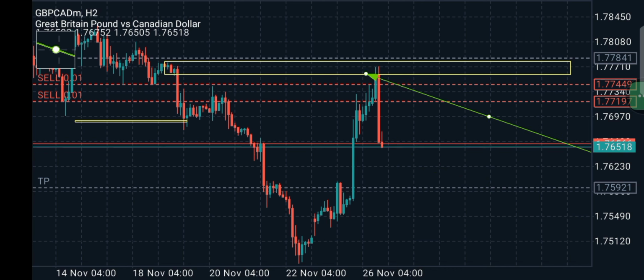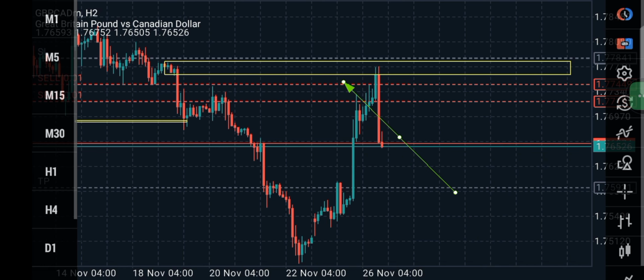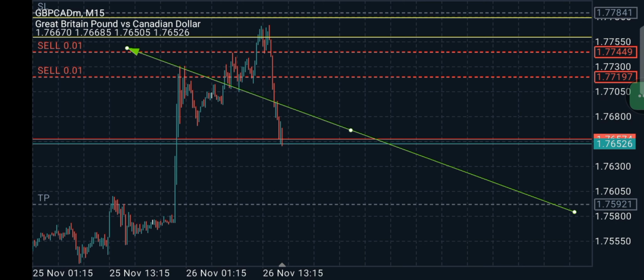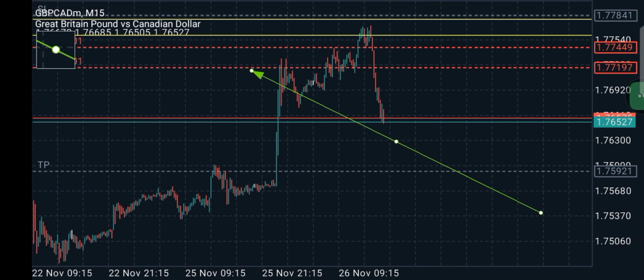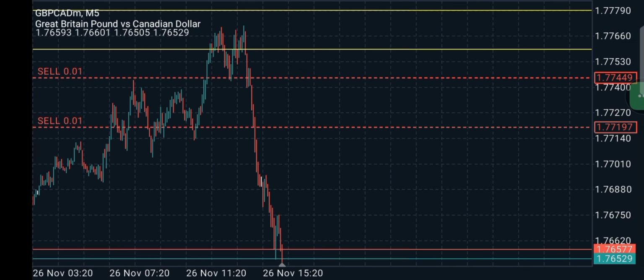And even if this particular entry was not done with a confirmation, I just had to place my limit, because as at the time I took the setup, it was early in the Asian hour, around 2 a.m., and I was not very sure I'd be awake to wait on this price and wait on the confirmation. But if you go lower to the 5 minutes, you always get a confirmation. This is the 15 minutes, so if I go further to the 5 minutes, okay,